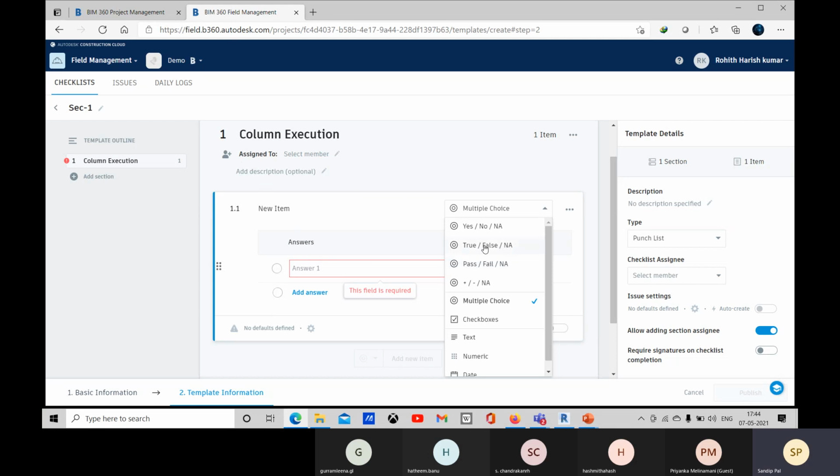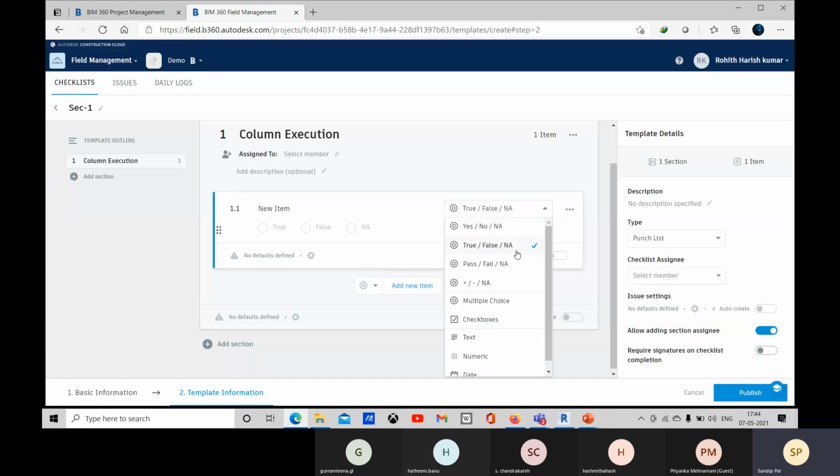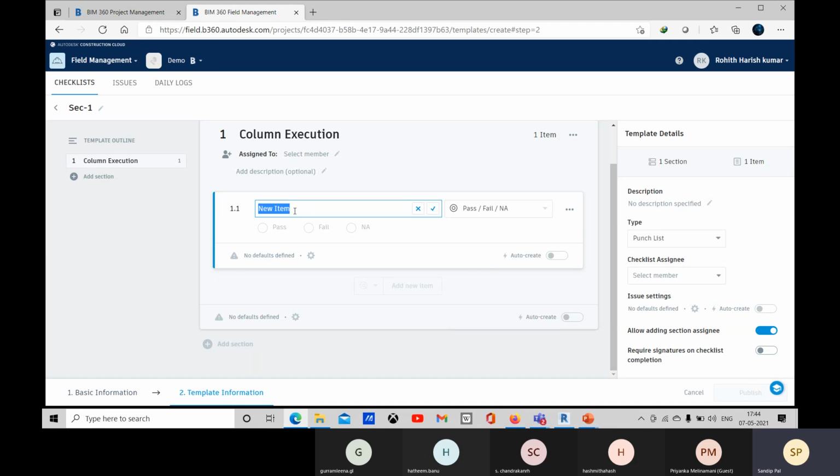And let's go for it. So it's like true, false. It will be changed to that, or pass, fail. It will be changed to that. And this is a new item, and all the items, you can go for C1 and width and the length.